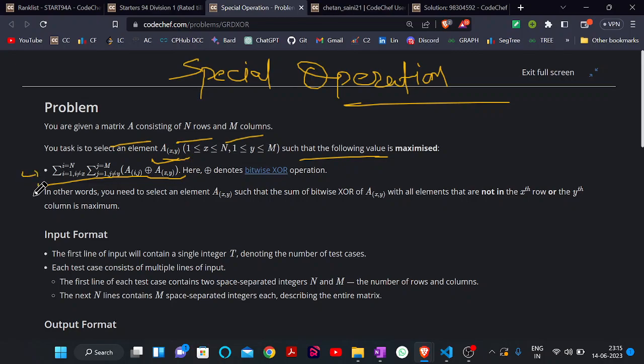What this term wants to say is that we need to select an element AXY such that the sum of bitwise XOR of AXY with all elements that are not in the X row and Y column should be maximum. What it means is, if this is the given matrix to us